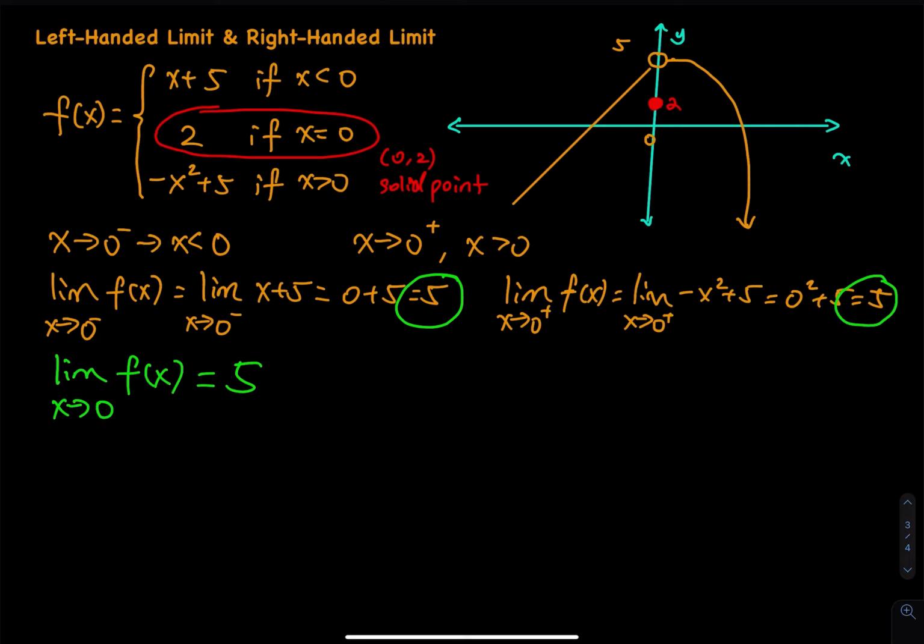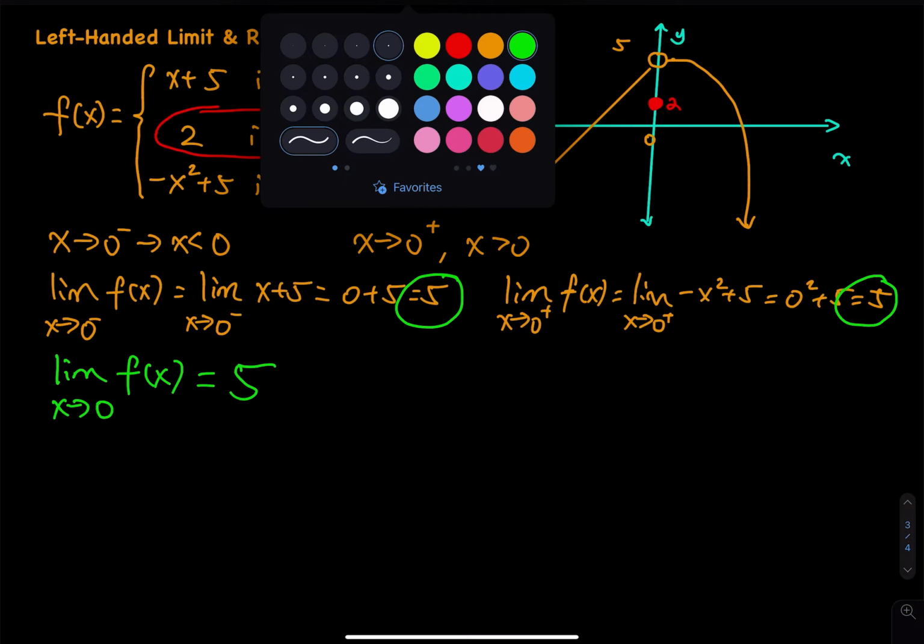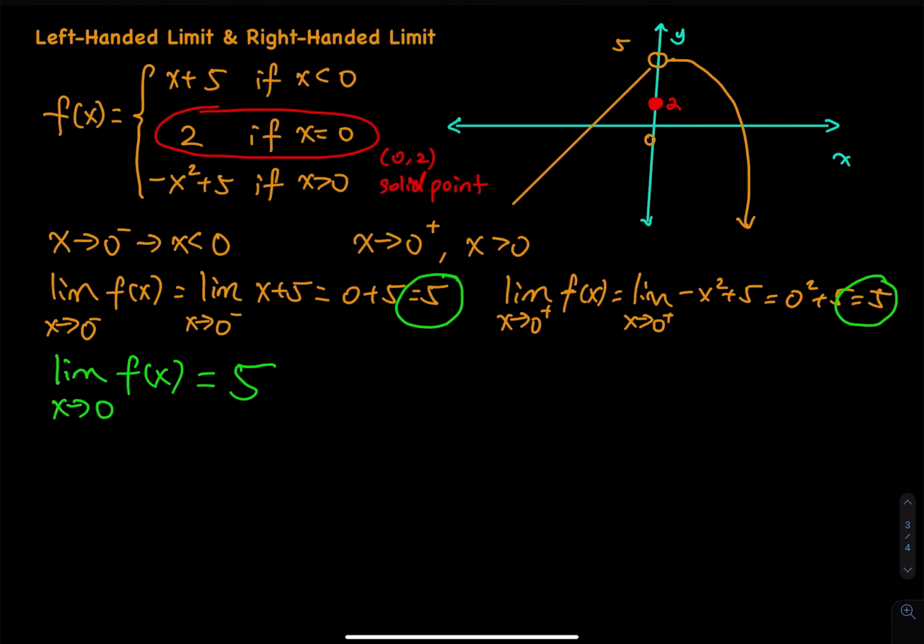Now, what if the right hand side is not equal to phi? So let's say, for example, the left hand side is equal to phi, and the right hand side is equal to 10 or 4 or negative 10, not phi. What do we say? If so, we should write this down. So that is equal to phi. Just a what if, all right? Just a what if. So what if